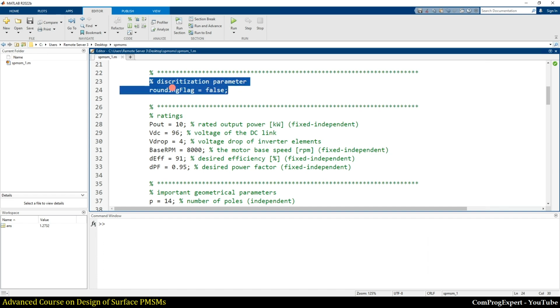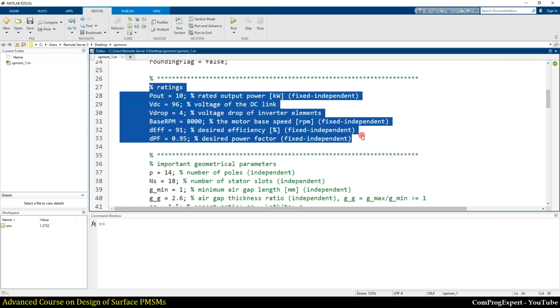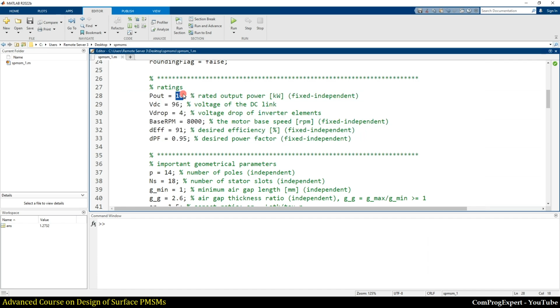that is explained in the synchronous reluctance motors design course, and here we have the ratings of the first case study motor. The rated output power is 0.6 kilowatt. DC voltage, the voltage of the DC link of the inverter, is 240.